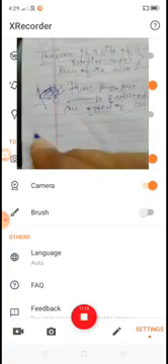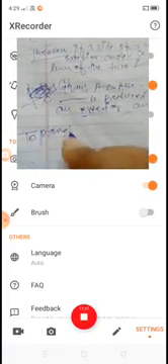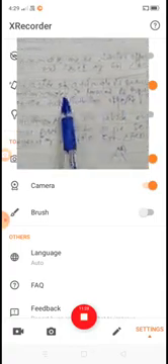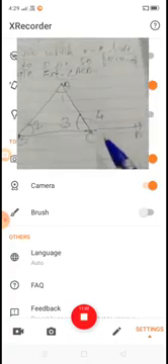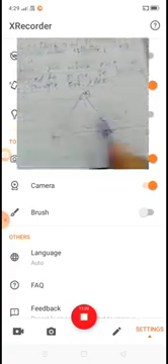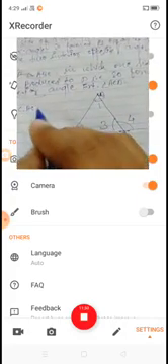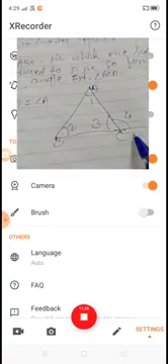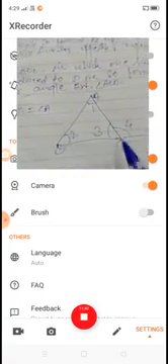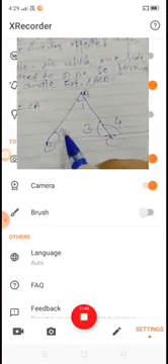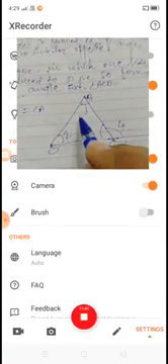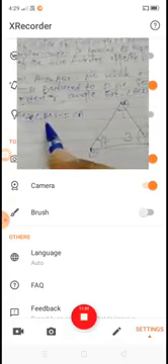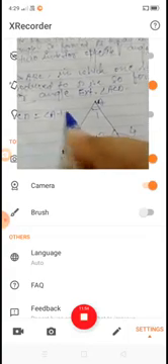Now we have to prove that the exterior angle is equal to the sum of the two opposite interior angles. Here, exterior angle ACD is equal to the sum of the two opposite interior angles with respect to this angle. Angle A and angle B are called the two opposite interior angles, that is, exterior angle ACD is equal to angle A plus angle B.